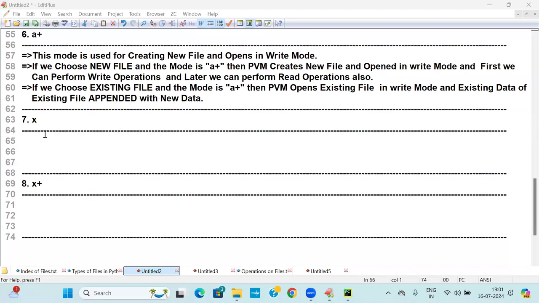What is the difference between W mode and X mode? W mode opens any existing file, any number of times you can open. But when I open any file with X mode, how many times can I open? One time only. So I'm going to write it. This mode is used for